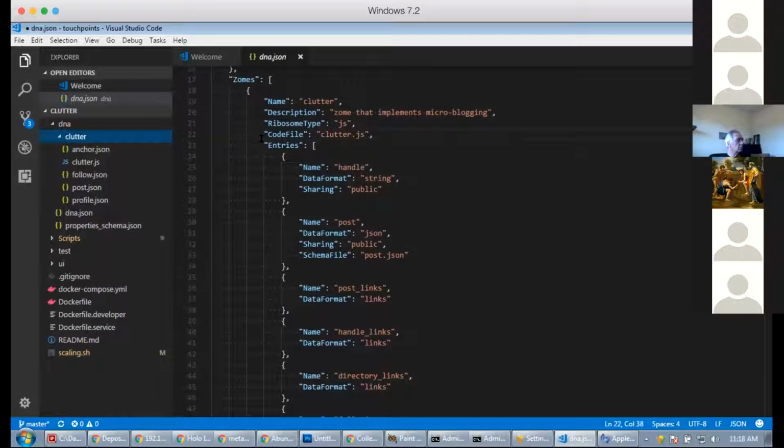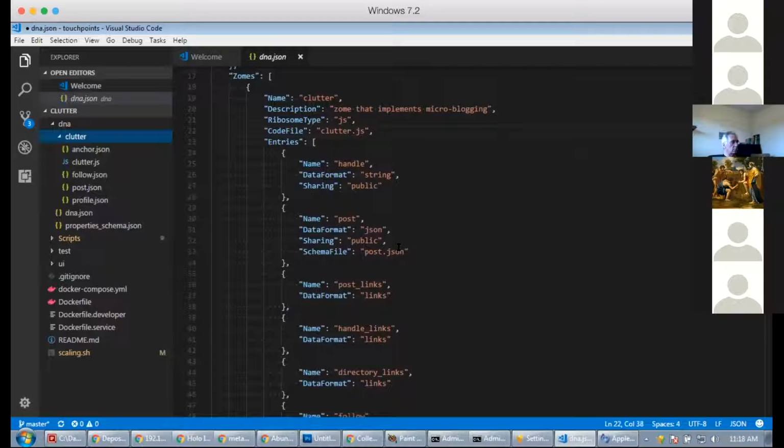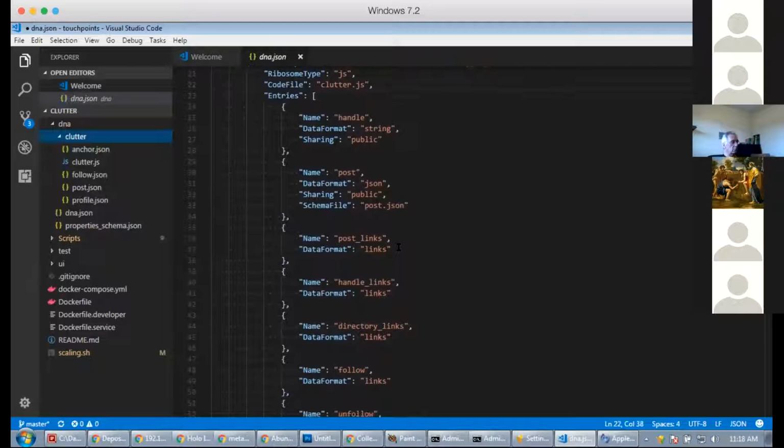So here we're defining our data types, essentially the different types of entries that we can have. Entries that are in our local chain, and which will also move into the distributed hash table, the central ledger that we all share. So these are the types of entries that can be posted to those places.